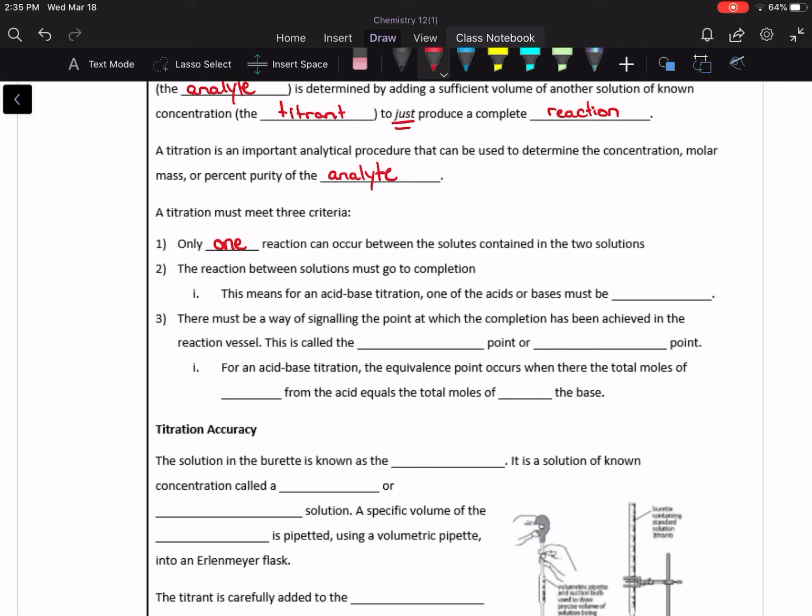Secondly, we need the reaction to go to completion. That means for an acid and base titration, we need one of the acids or bases to be strong. Both of them can be strong, but one of them definitely needs to be strong in order to drive